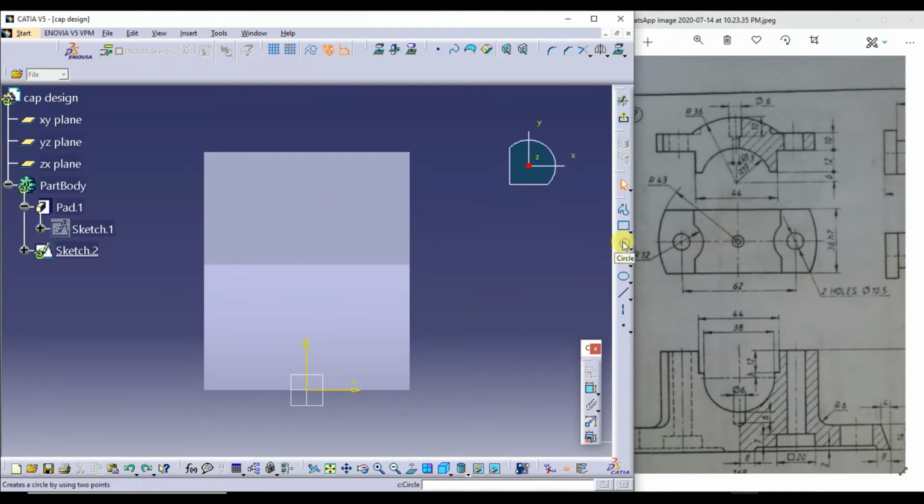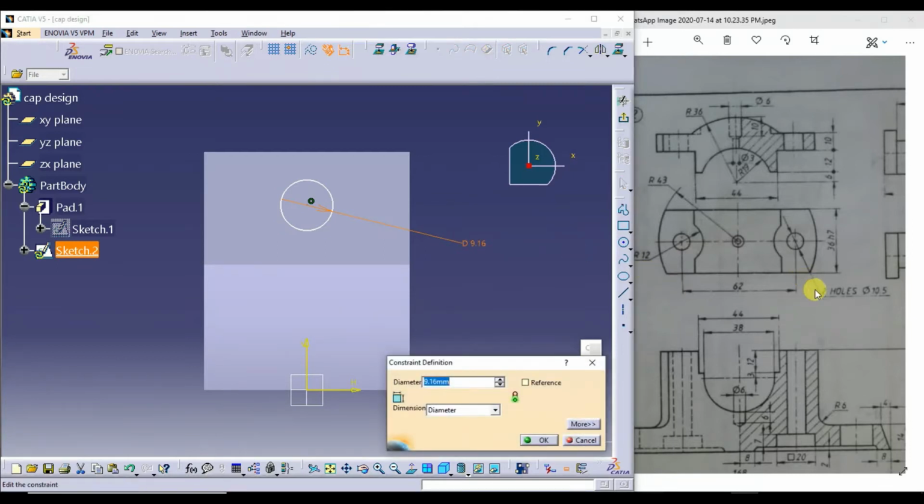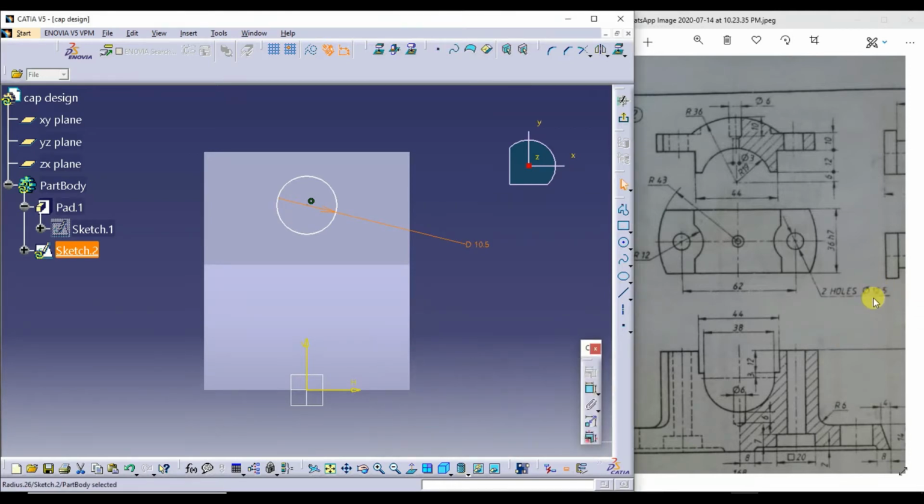Once again I choose the circle. I want exactly the center of this to lie on the center of this. This diameter is 10.5. See here, this is 10.5 mm.